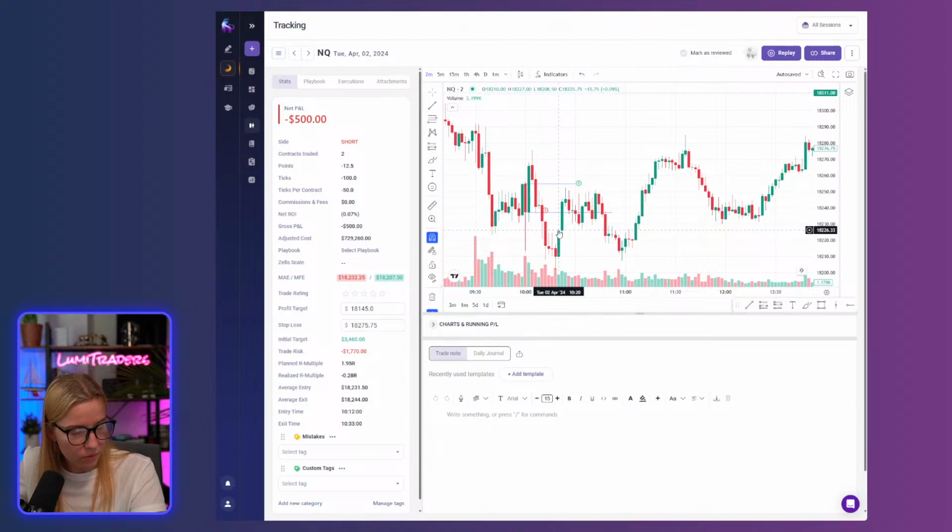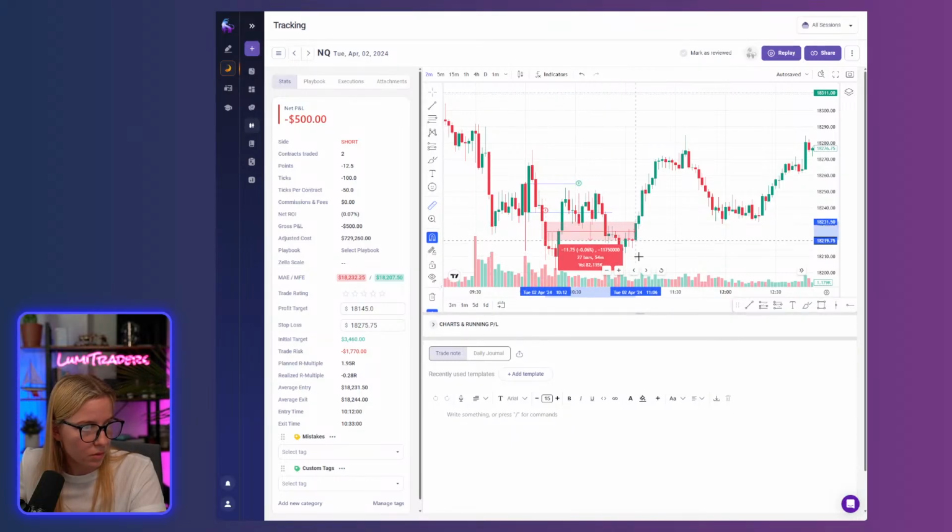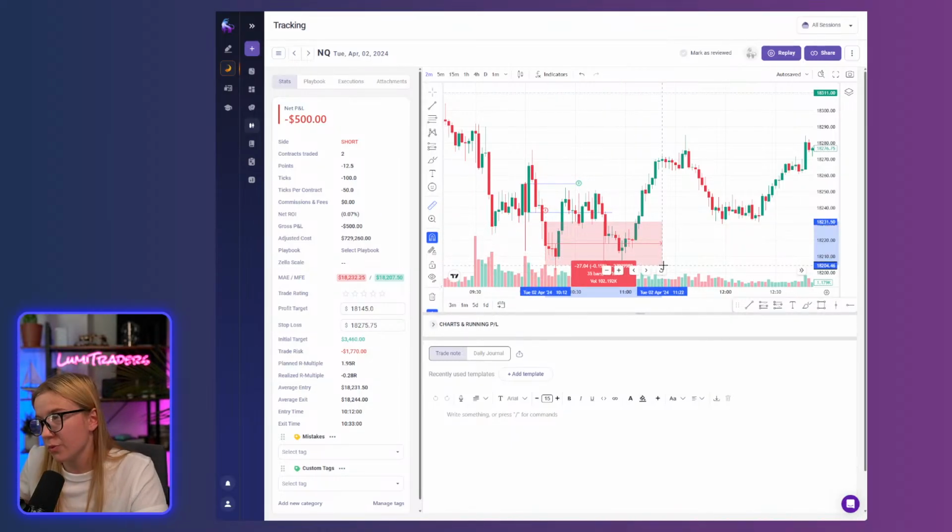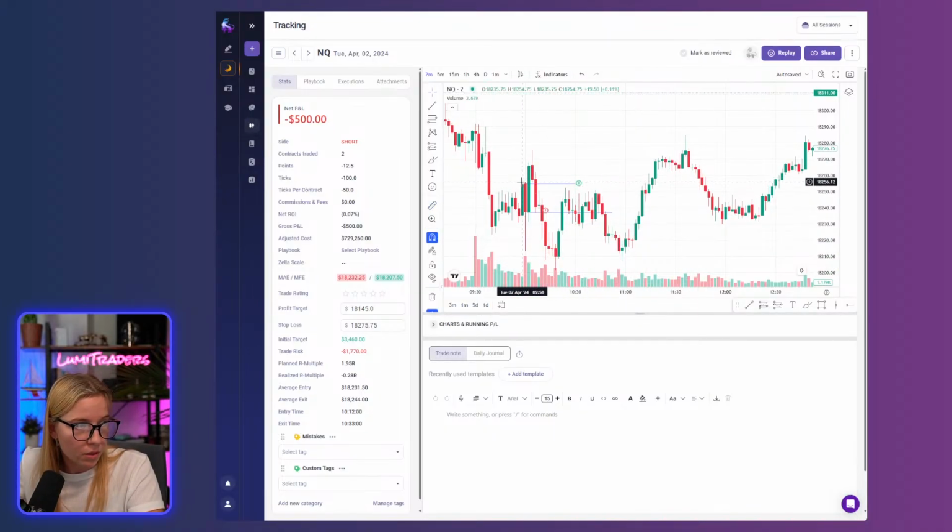Okay, just dropped. As you can see, displaced, offered order block. How many points was I in profit? I was in profit like 27 points. And then it stopped me out at this fair value gap. Initial stop loss was right here. Then I moved to this fair value gap because I anticipated a breakaway gap. It stopped me out.